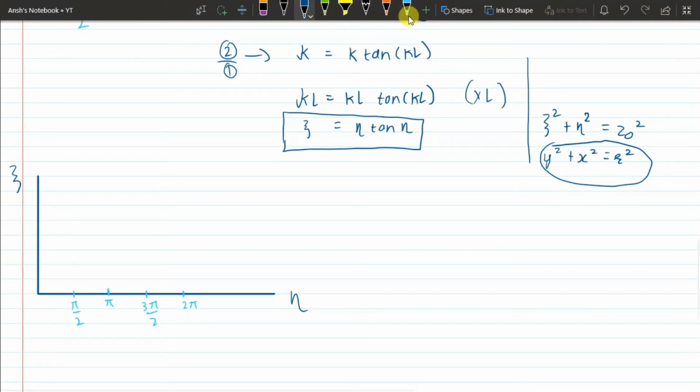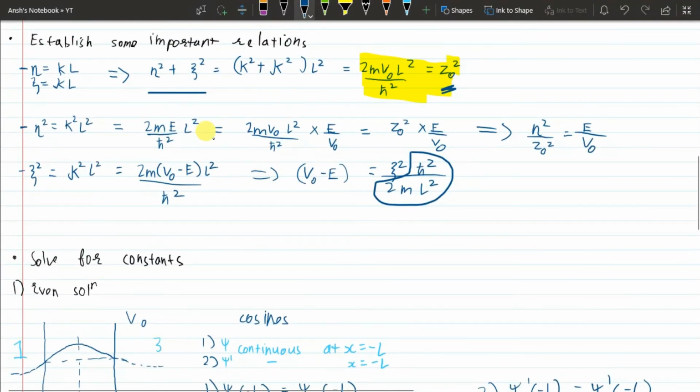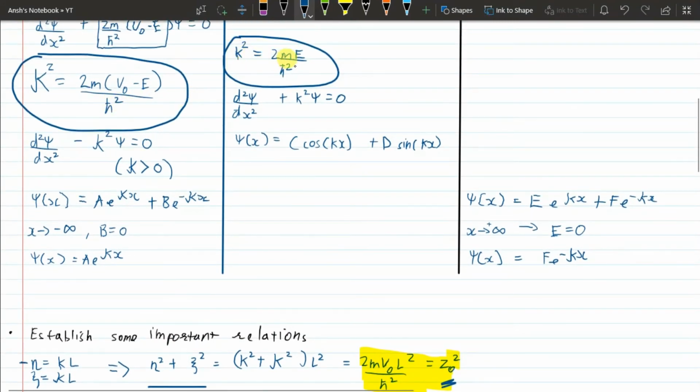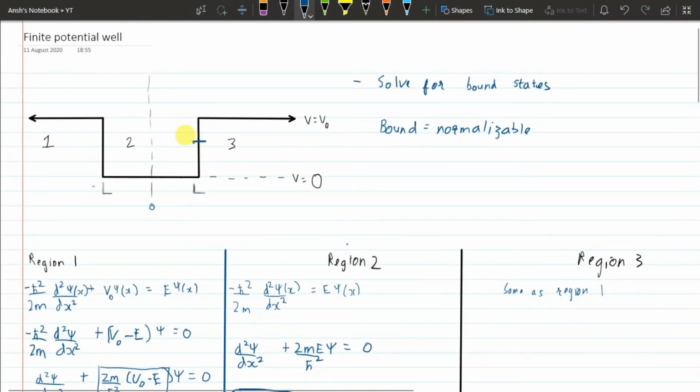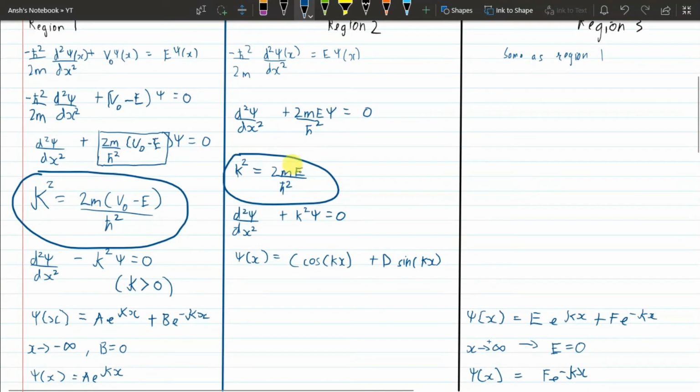So the first solution, how it looks like, is the strong dependence is on tangent of eta. And so for 0 to pi by 2, it'll look something like this, approaching infinity as eta approaches pi by 2. So this is what it looks like. For the second quadrant, Xi will be negative as tan is negative between pi by 2 and pi. But now we'll get back to our relations again. We know that K is positive since our bound energy levels will always be positive. So our K is positive.